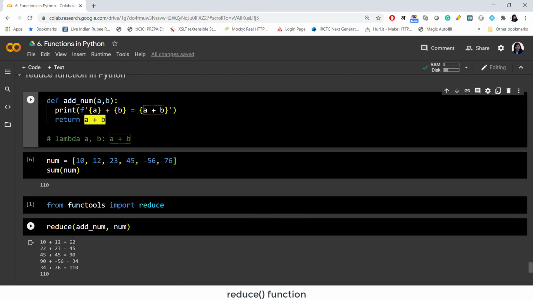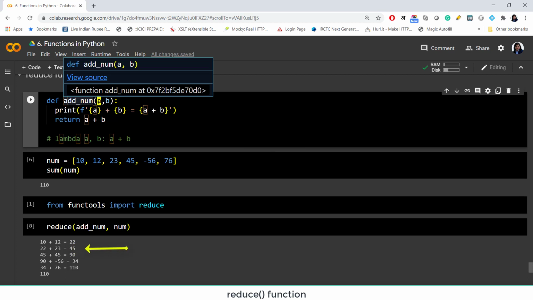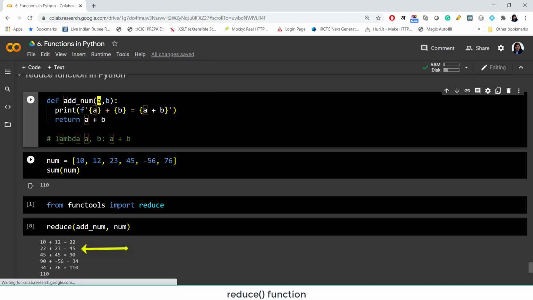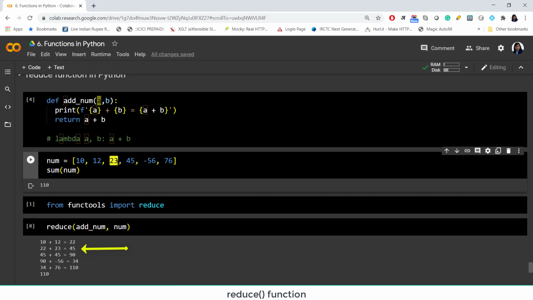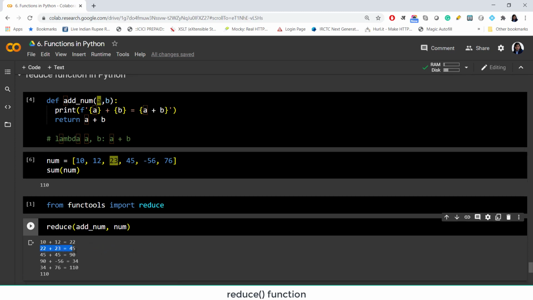If you know a little bit about recursion, it is working recursively, meaning now this 22 would become the a for the next calculation. So 22 is a and the next element 23 is b. So 22 plus 23, it is here. You can see in the next line of your output, 22 plus 23 is 45. Again the 45 becomes the new a.